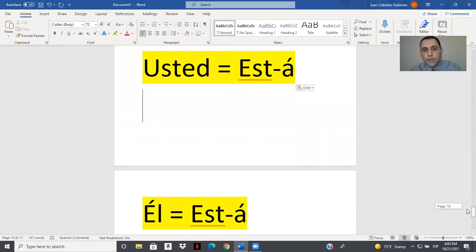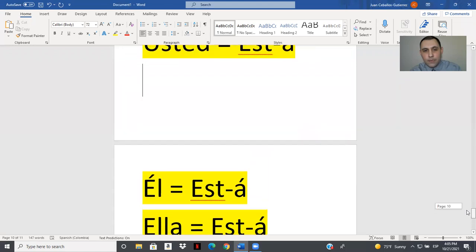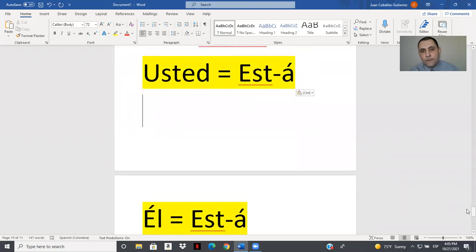So: usted está, él está, ella está. See? The verbs in AR, ER, and IR all have the same conjugation in the second person formal, third person masculine singular, and third person feminine singular. So you have to be very careful with this,